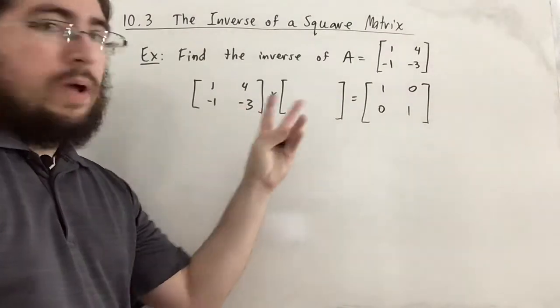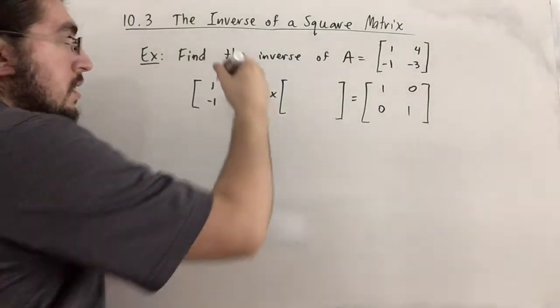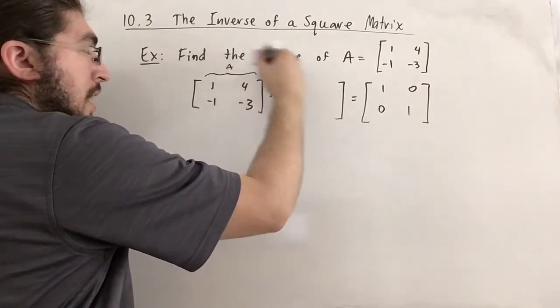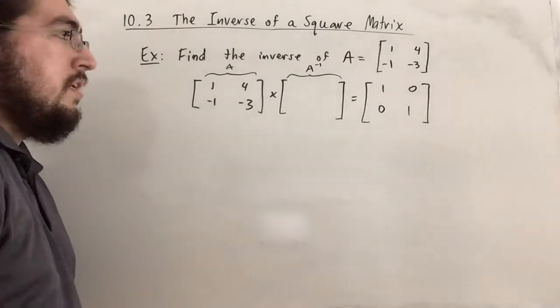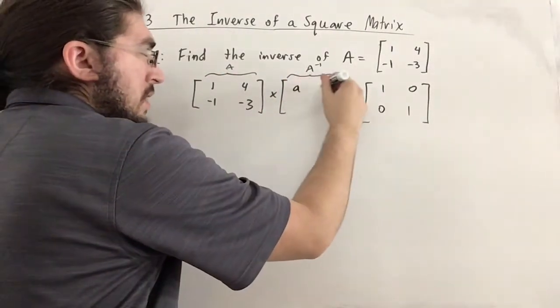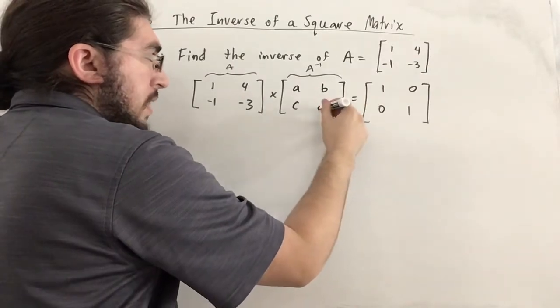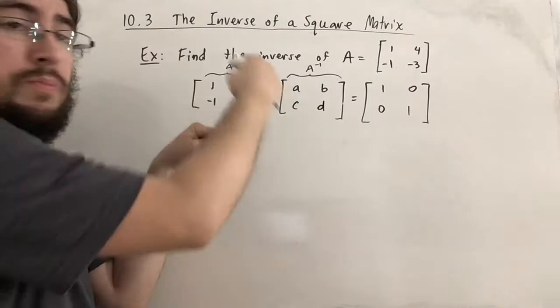As long as it works one way, it must work the other way because of the multiplication properties I mentioned. So here, this is going to be our matrix A, and this is our sought after A inverse. Just to make the notation a little easier to look at, I'm going to call this a, b, c, d. And we're going to solve for a, b, c, d by systems of equations. If we actually multiply it out,